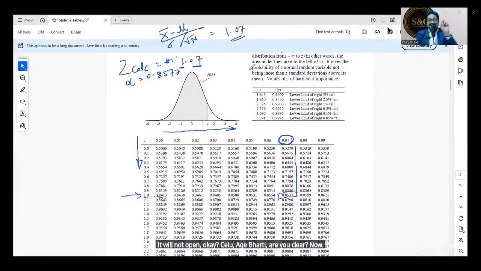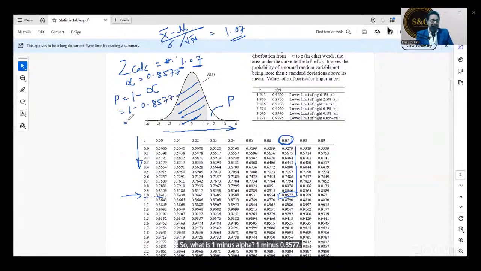Now, understand this, guys. Whatever is there on the left hand side is alpha. Whatever is there on this side is called P. So what is P? P is nothing but 1 minus alpha. So what is 1 minus alpha? 1 minus 0.8577. So what will be the answer?